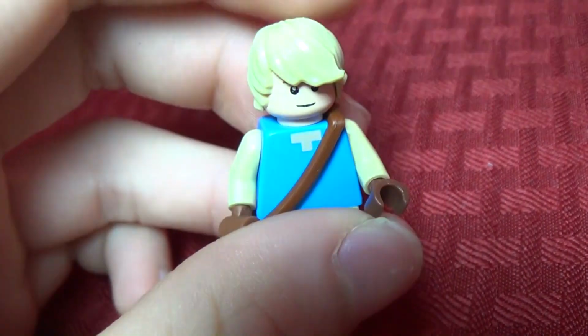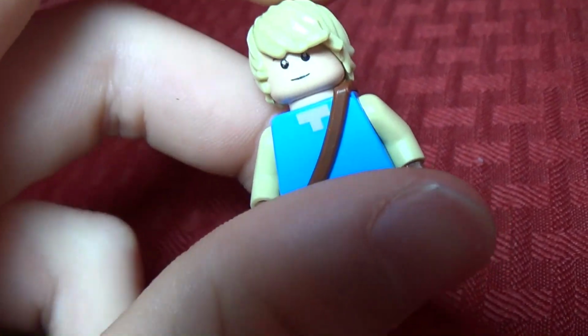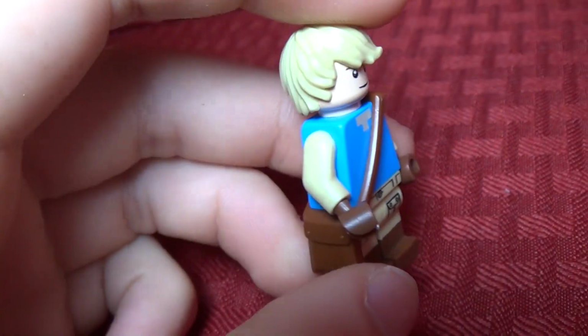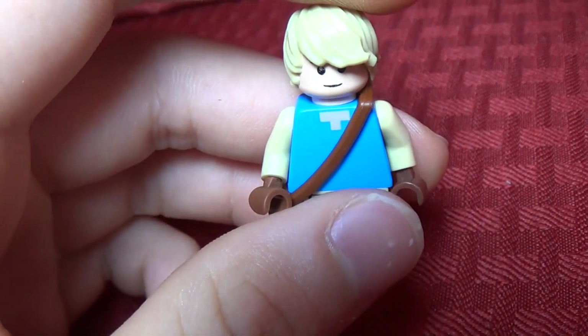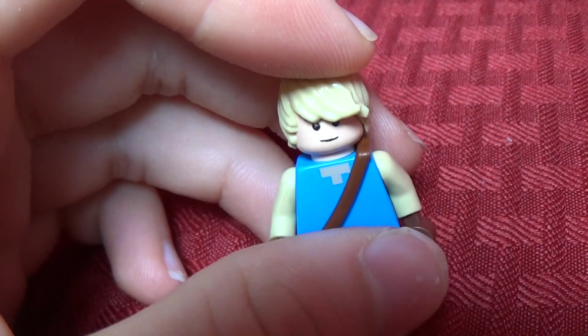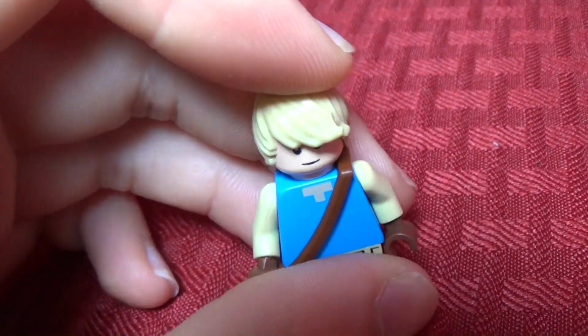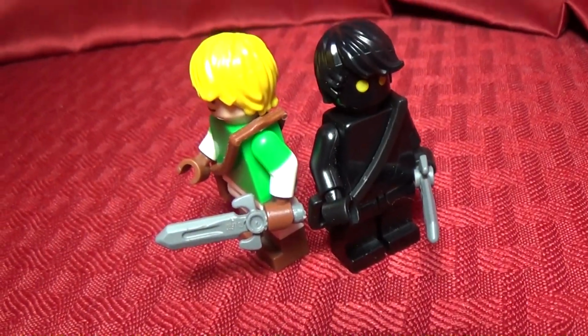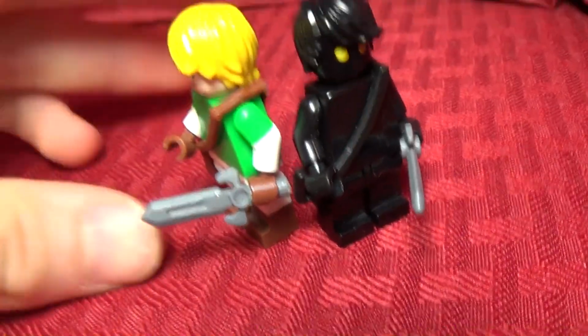And one thing I will say is there are many different costumes, some that you might even use more than this traditional one in the game. Probably definitely also. But this is the famous one, so I did make it. However, there are very many different ones that you could probably make much better than this one. So yeah. Now, last but certainly not least is the shadow of the Ocarina of Time Adult Link,